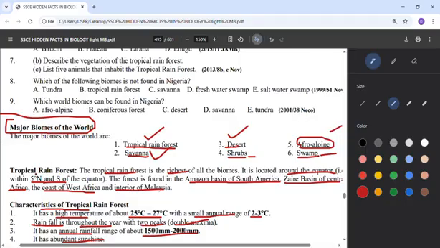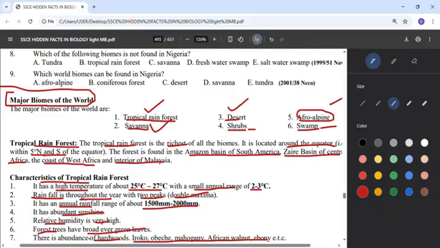So let's start with tropical rainforest. Just like all I've said earlier about tropical rainforest, they are always hot, there is high rainfall, high humidity. So these are the things we find in the tropical rainforest. And then the next one, characteristics of the tropical rainforest. Remember, anything tropical is always hot or there's sun, though the rain is also balanced.